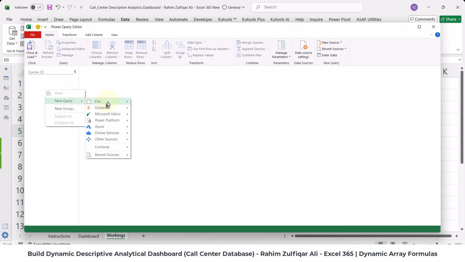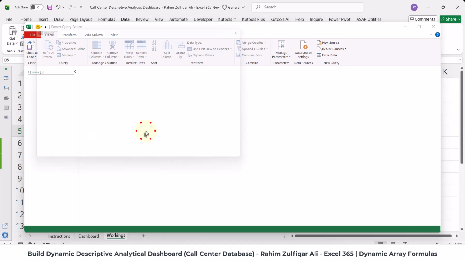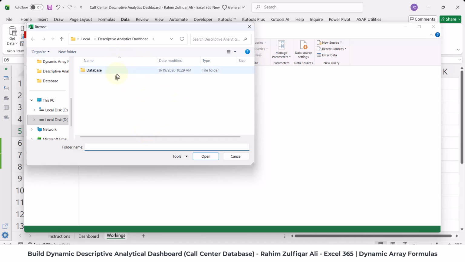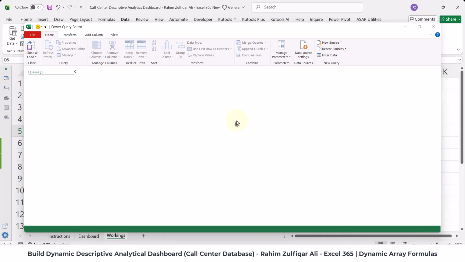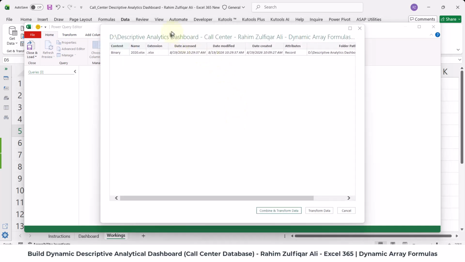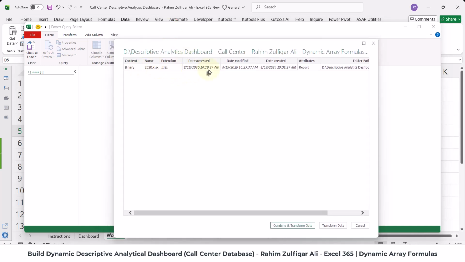Okay, and then go to File, and we want to get the data from a specific folder, right? So we will select Folder here, and now you need to navigate to where your folder is. I have that folder located. Let me show you. On my local disk D drive, I have this folder, and the name of the folder is database. So I will click on Open here,